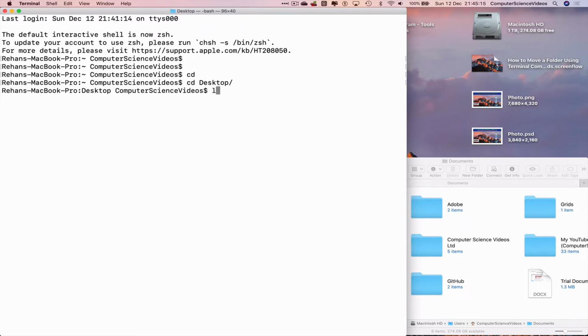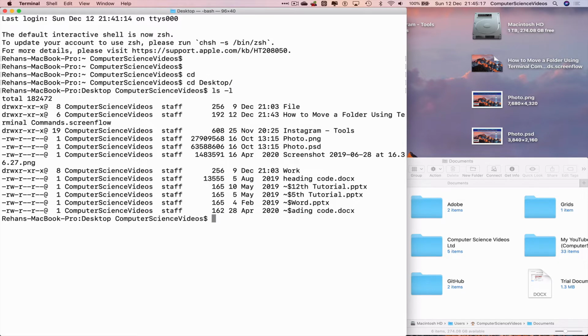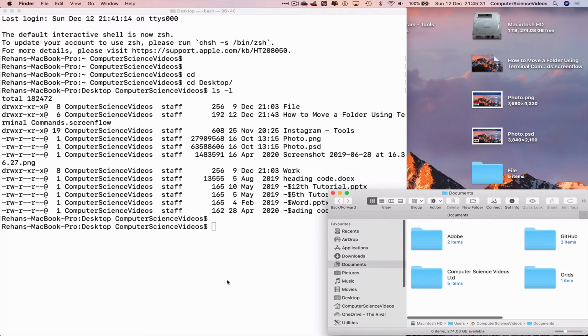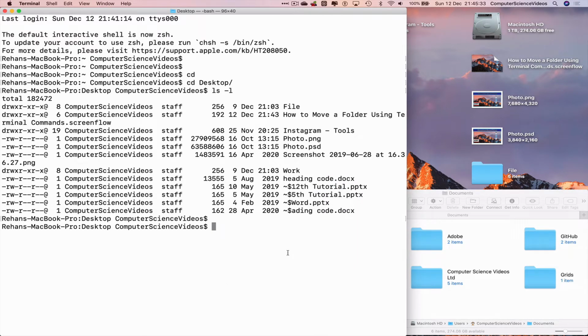cd Desktop. Let's just list everything on the desktop. And so we are now working with the file folder. So the command to copy that folder, which is on the desktop, to the Documents folder is cp